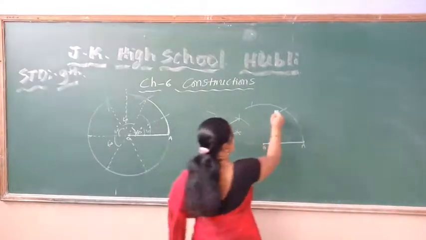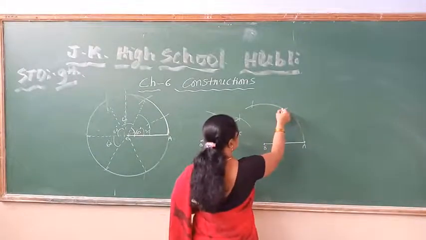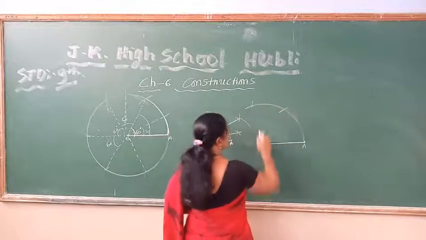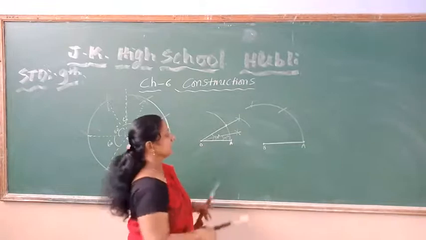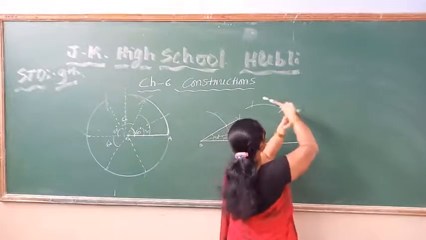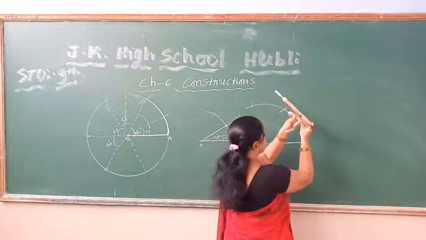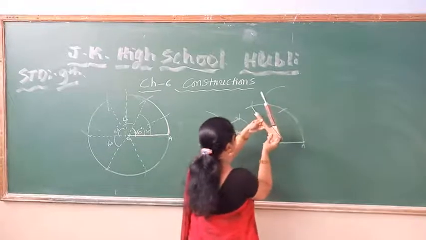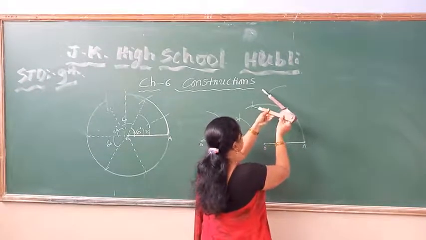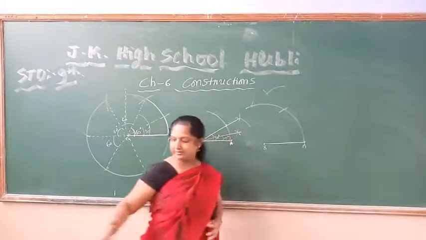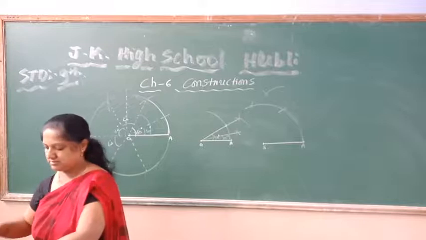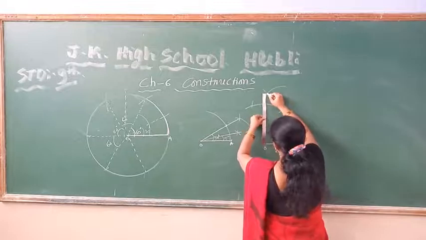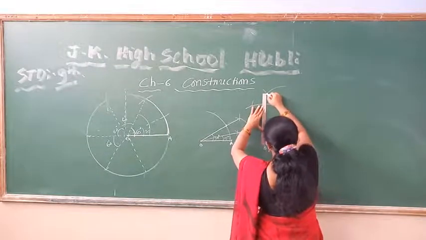So the next, if this is 60, if I bisect this 60 from here to here, the angle is 60 degree. If I bisect this, more than half of this measurement you take it. Now I have to construct a 90 degree angle. More than half of this measurement you take it. Then taking this end of this arc as center, draw one arc and taking another arc end as center, cut this arc. Okay, join then. So approximately we will get 90 degree. Okay, exactly we will get 90 degree, perpendicular we will get.